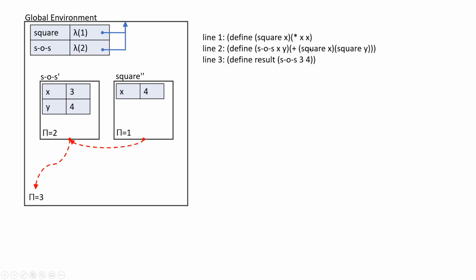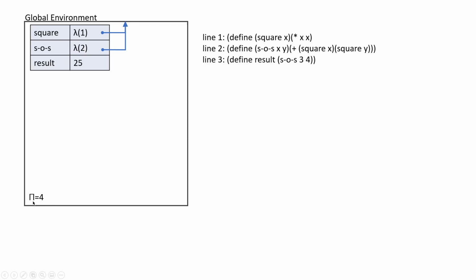Primitive arguments, we don't bother with the contours for those because we don't have the expressions in the body for those, so we can assume those happen essentially atomically. If I say plus 9 and 16, then we should get 25 as our answer. So square double prime returns to here, so that disappears, and then the addition happens here, and that returns 25 back to where it was called. So sum of squares 3, 4 becomes 25,